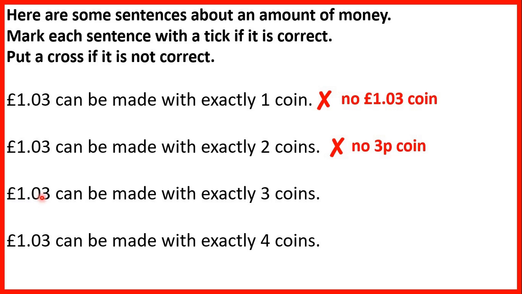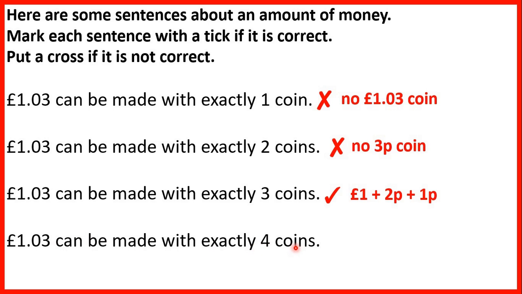Now, £1 3 pence can be made with exactly 3 coins. That's true, because we have a £1 coin, a 2 pence coin, and a 1 pence coin. And if we put these 3 coins together, we get £1 3 pence. And finally, £1 3 pence can be made with